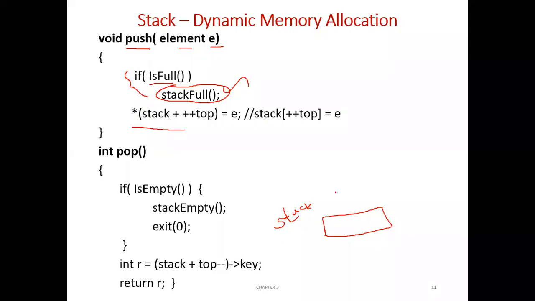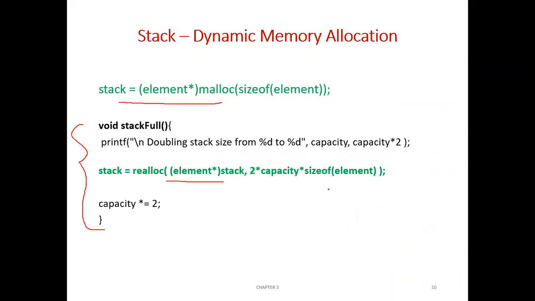So if there is a memory for stack, okay, so stack is a pointer, so it will also have some address. Say its address is 2000. Okay, so when you are using malloc, say when you first use malloc, 4 bytes will be allocated where one element of stack can be stored. So this will also have a starting address. Let us assume its starting address is 3000 and its ending address will be 3003. Okay, now I'm talking about this particular statement, stack equal to element star malloc size of element.